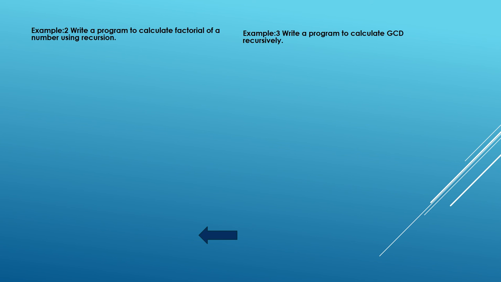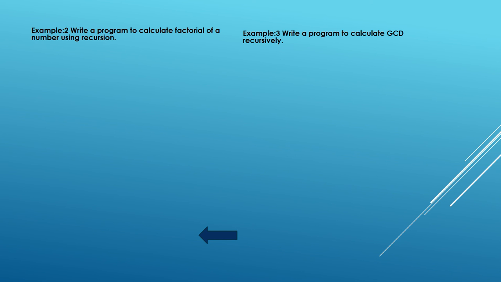Now you have to think about how to bring recursion in here and how to design the base case. Here the base case is when the value reaches 1. Whatever value you are decrementing, when the value becomes 1, you have to stop the recursion. The factorial of 1 is 1, so that is where you stop, and that is your base case.